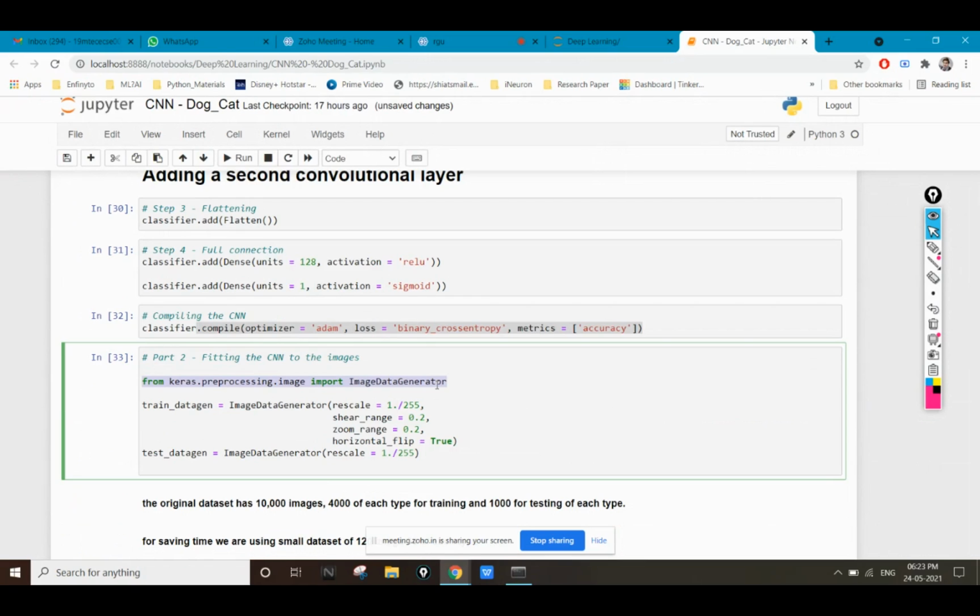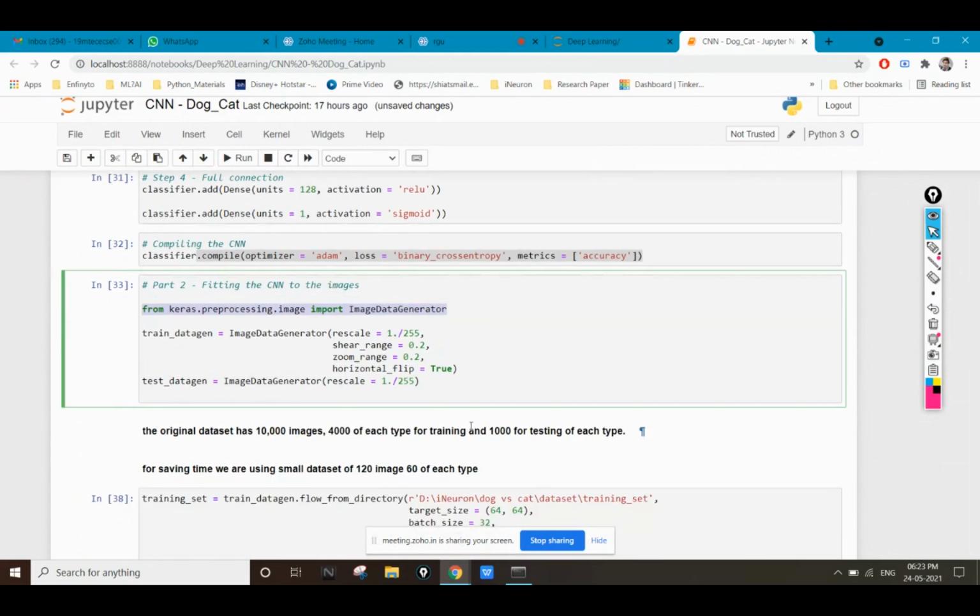We have already seen how images are converted into arrays with the help of NumPy in our PCA class. So I'm using the same concept here also.